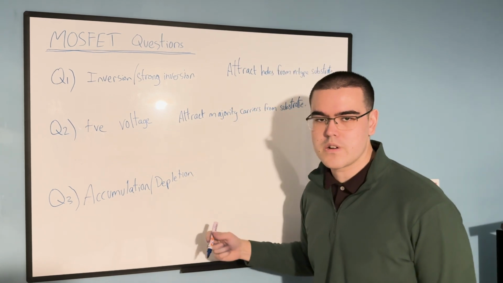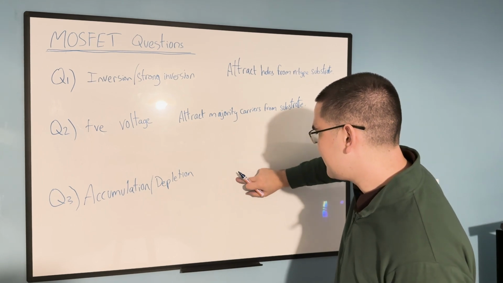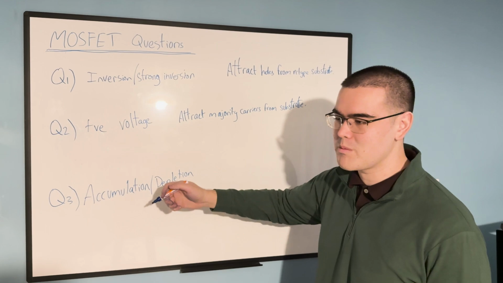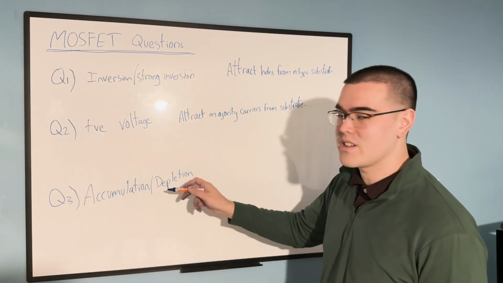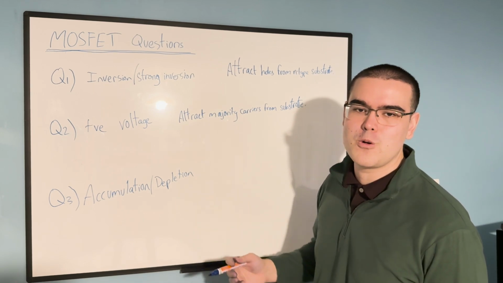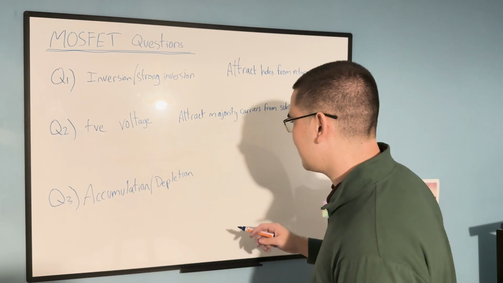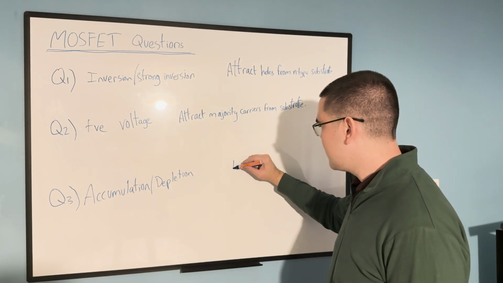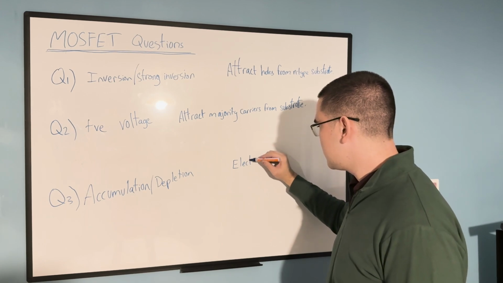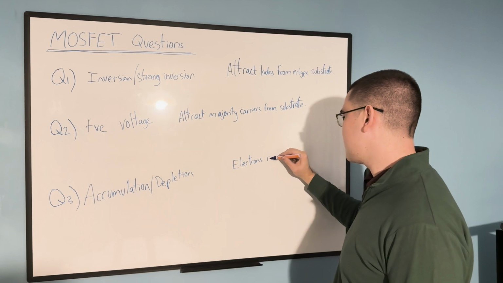Either of those would work, because, well, accumulation would be technically more correct, strictly speaking, from the theory, because this totally stops any of the minority carriers from the substrate forming the channel. So that would work. In the case of the n-channel, electrons are repelled